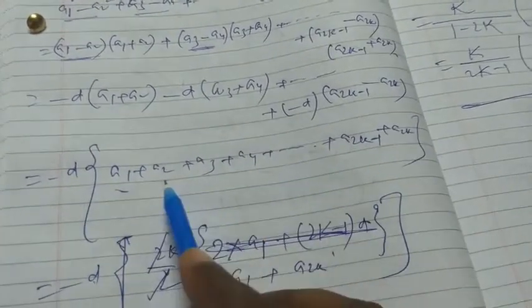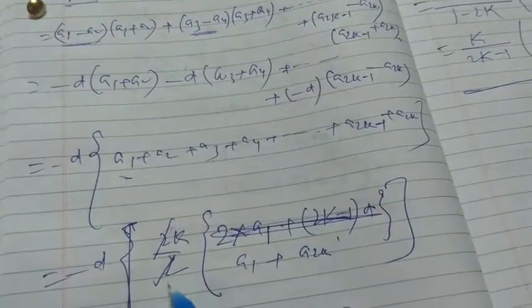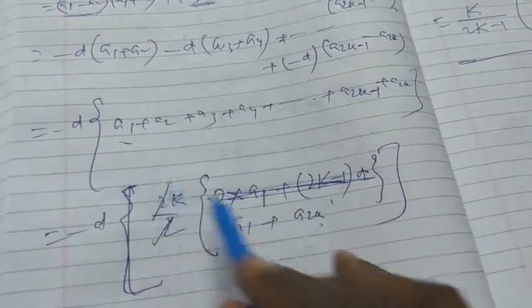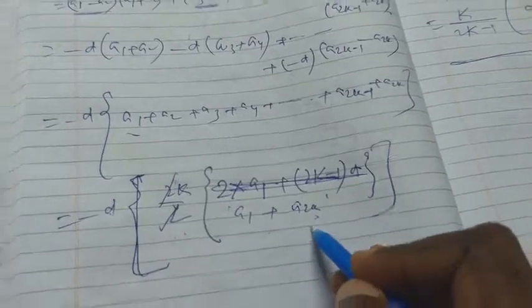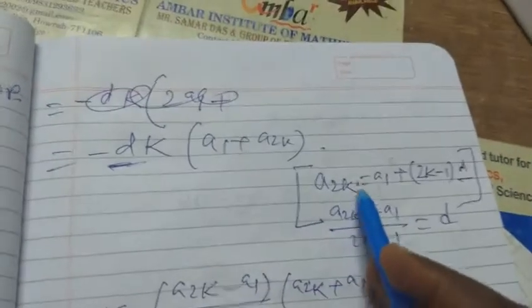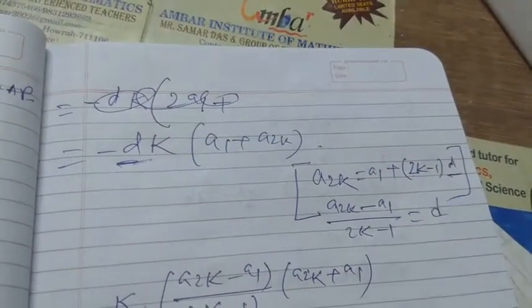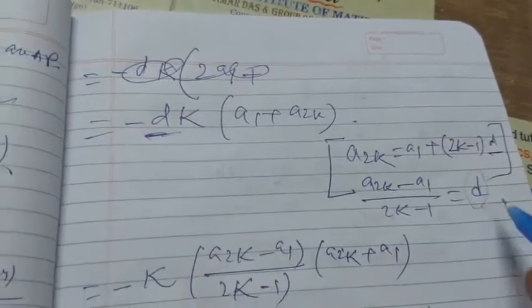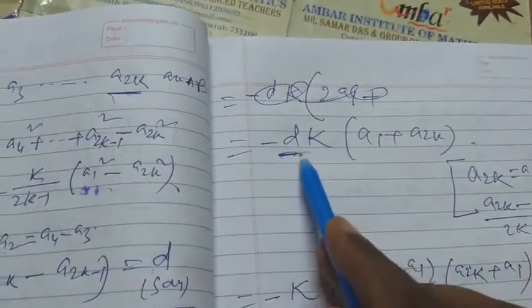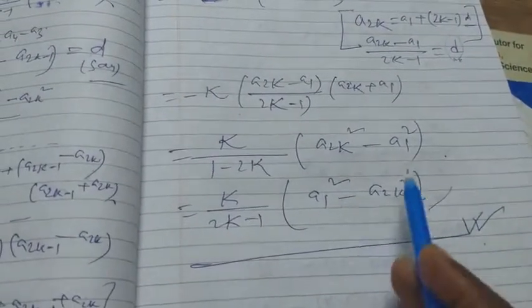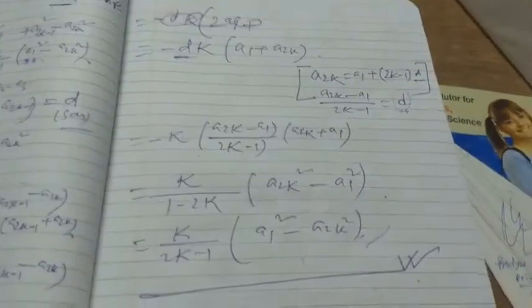See here, this is the sum. The formula for the sum is n by 2 into a plus l. Here the total number of terms is 2k, so n by 2 is 2k by 2, the first term is a1, and the last term is a suffix 2k. Now we have to write the last term a2k equal to the first term plus n minus 1 into d. Here the number of terms is 2k, so 2k minus 1 into d, so you can find the value of d here, d is this, and put the value of d in this position. Then we get the answer. See here. Okay, thank you.